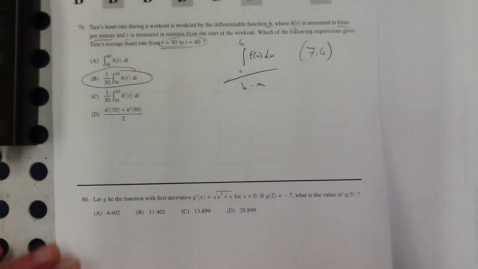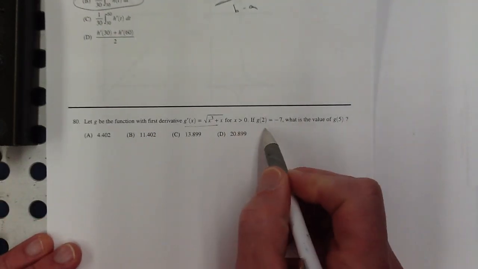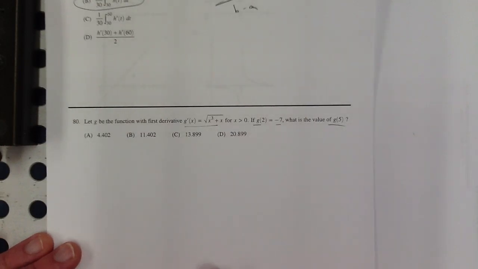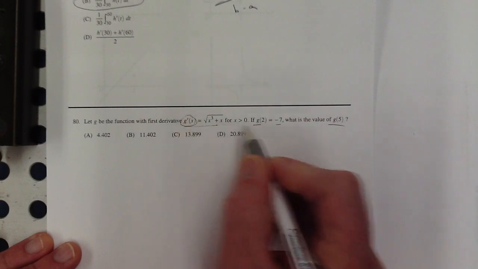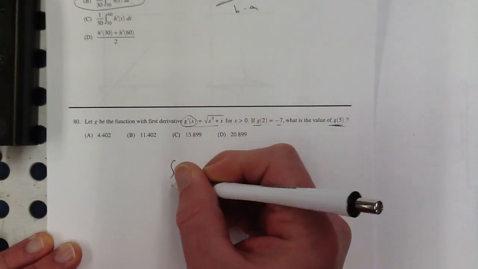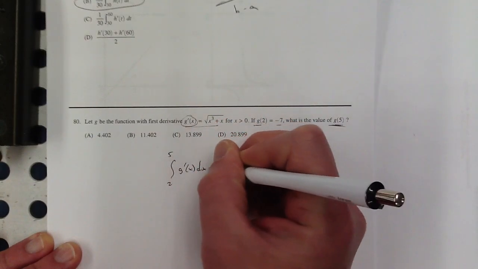All right. Let g be the function with first derivative of this. If g of 2 is equal to that, what's the value of g of 5? This is just the fundamental theorem, right? If you know the g prime function, you want to get back to values of the g function, then I know the fundamental theorem of calculus says